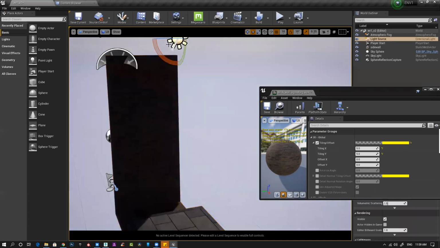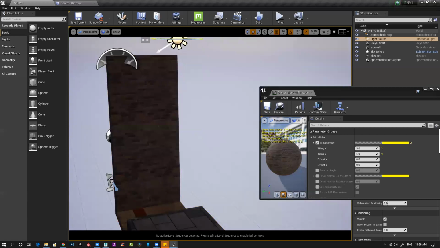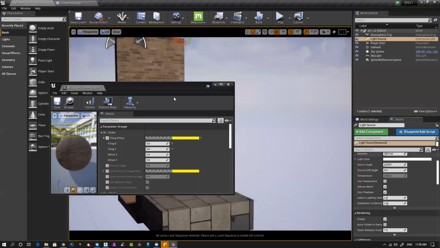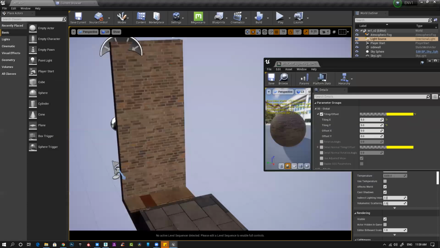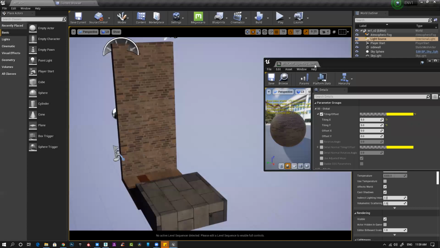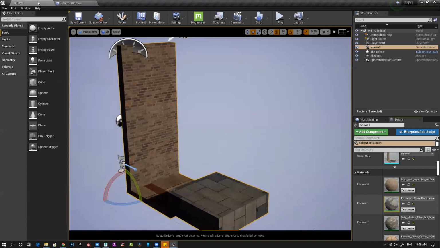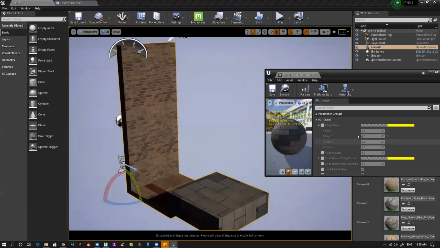Let me rotate it so that I can see it properly. By making it default, you can see a nice detailed tile. Similarly, select this one, go to this one more time, tiling 5 by 5.